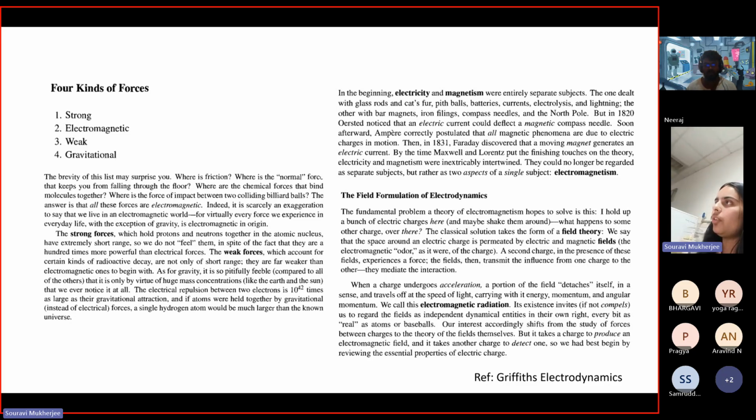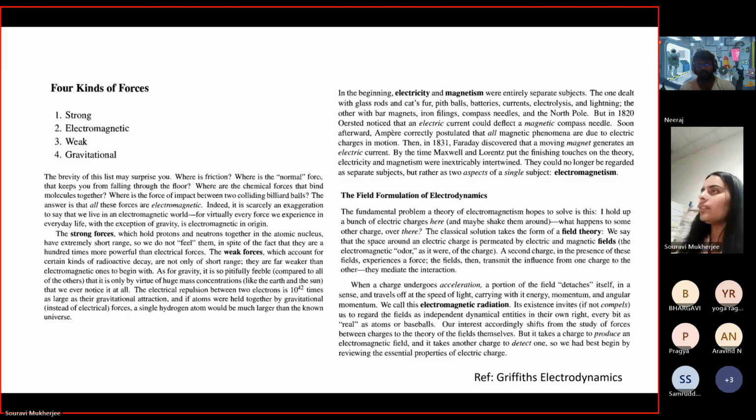Now, one concept of electromagnetism is quite important to understand, and that is field theory. Why? Because suppose you have a collection of charges, and you want to look at what happens because of those charges. They have an effect at a distance. You can have a charge somewhere, and the effect can be at a location different from where it is, and it doesn't have to be in physical contact. So there is action at a distance happening. For that, what came up as a formalism is the field formalism of electrodynamics. So we would talk about fields and how one can characterize fields.